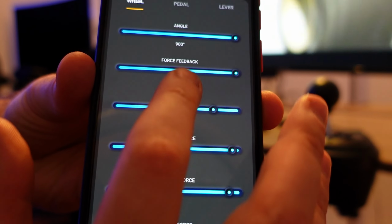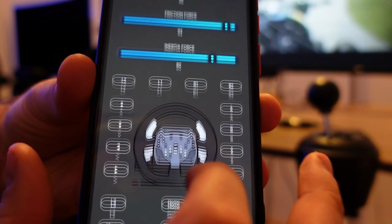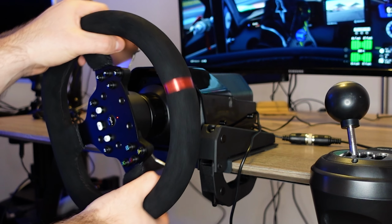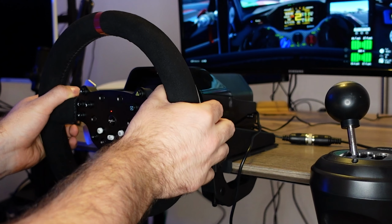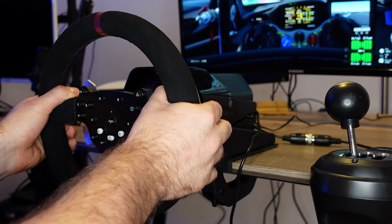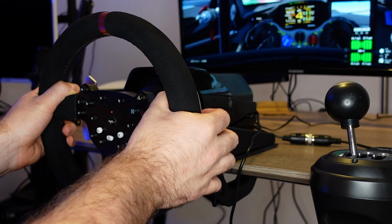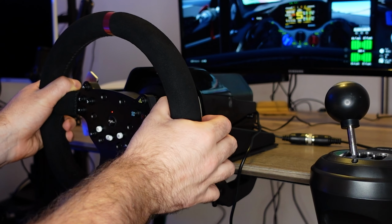You can map the buttons. You can pretty much do whatever you would eventually on a PC software or anything like that. But I just want to move to the racing experience itself. So I tried Assetto Corsa and I tried Assetto Corsa Competizione, and I really couldn't get this thing working on